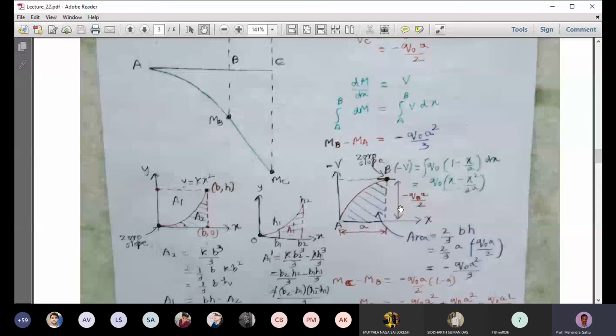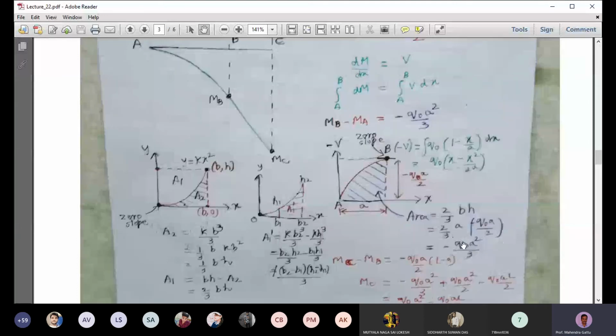Okay, so we have to find the area under this curve. The area under the curve we can get by using this formula. Area is equal to 2 by 3 BH. We have to make sure that at B the slope is 0, otherwise we cannot apply this formula. So area is equal to 2 by 3 BH. B is A, and the height value is minus Q naught A by 2. So we get the area under the curve as minus Q naught A square by